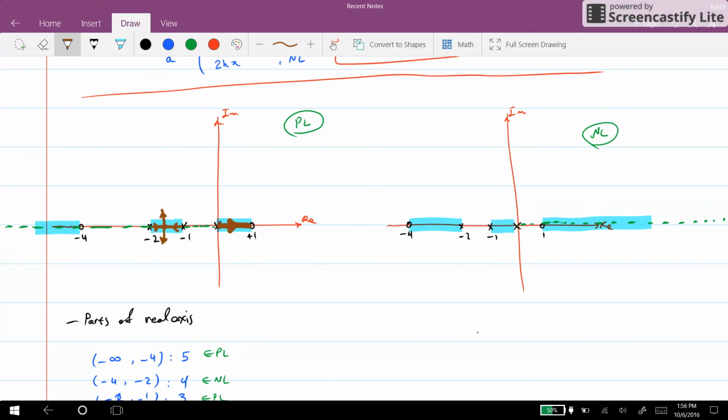Since this segment of the real axis belongs to the root locus, and there is a 0 here, we know that one of the branches will arrive at the 0 as the value of k goes towards infinity. And since we have an asymptote here going towards minus infinity on the real axis, we will have another branch going towards minus infinity. So it's obvious that there should be a break-in point at some point on the left-hand side of the minus 4. So we will have something like this